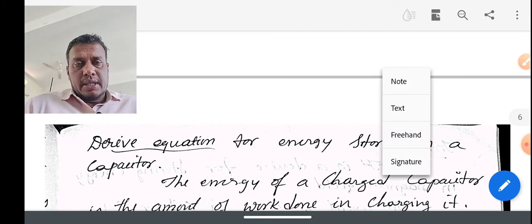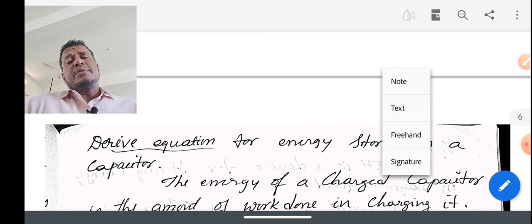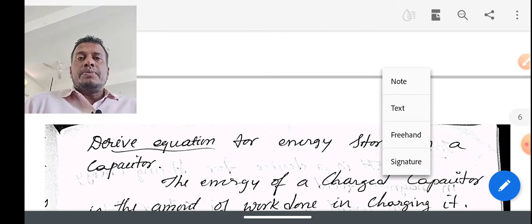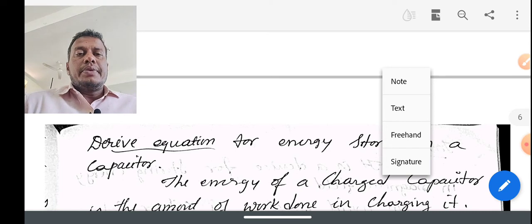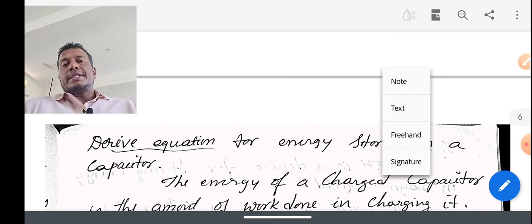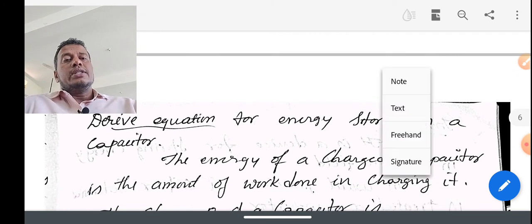Do you know what a capacitor is? A capacitor is a device which stores energy. The capacitance stores the charges as we apply the potential. So, that is how the energy is stored, and let us derive the equation for the energy stored in a capacitor. Let us see how we can derive an equation for the energy stored in a capacitor.